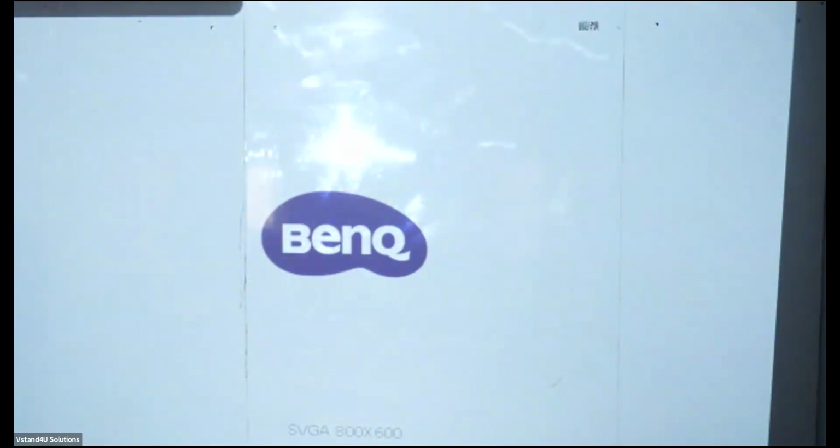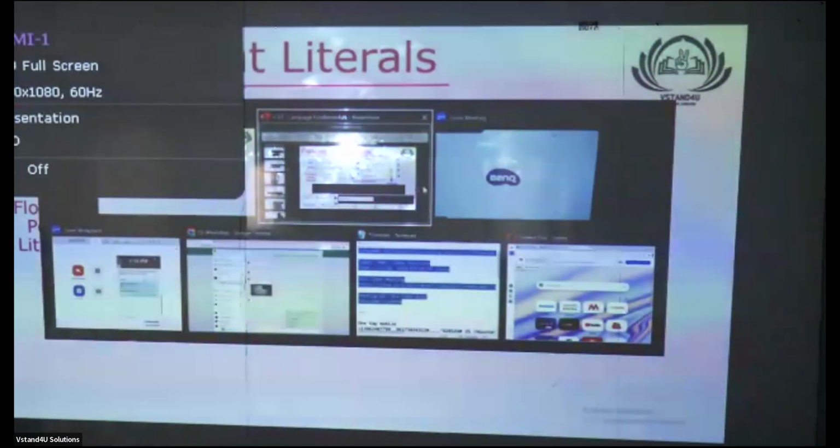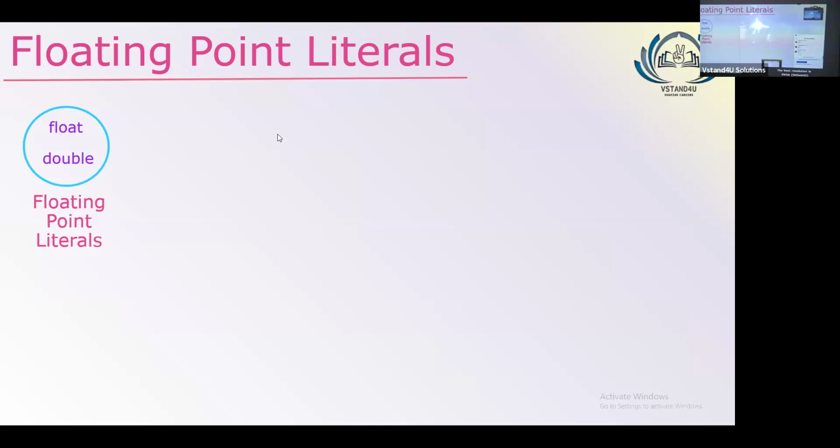What's wrong with this? Floating point literals are there. Oh, not working. Wait a minute. Visible now? Online folks? Shall I move now? And we were supposed to take this as well. Shall I proceed?